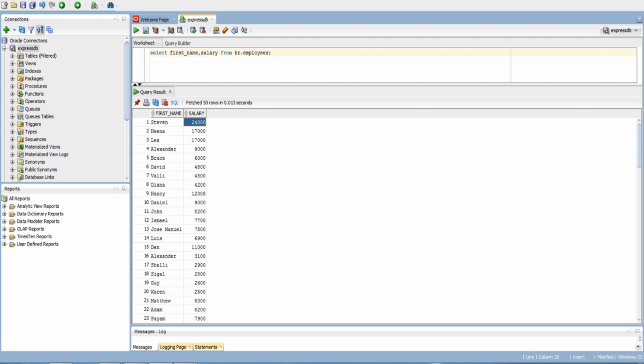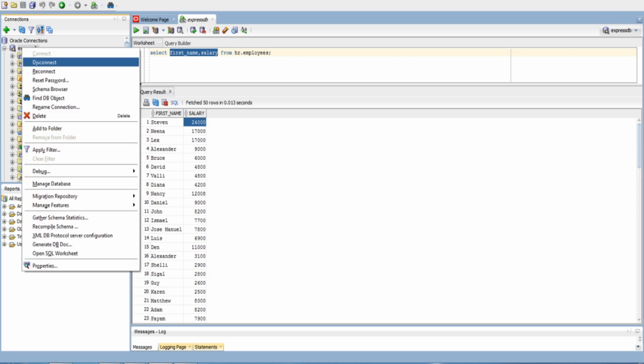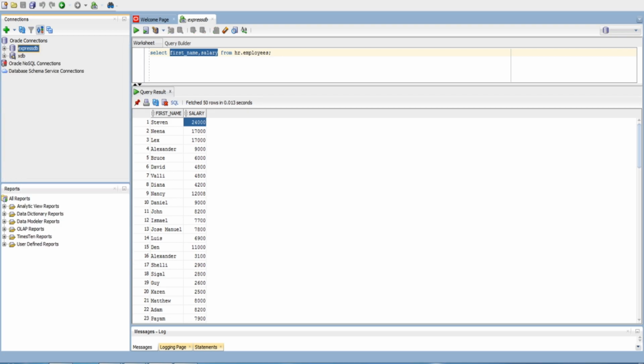You got your first name and salary specific columns. This way we can use this worksheet to run your SQL queries. You can also use this to disconnect from the database.